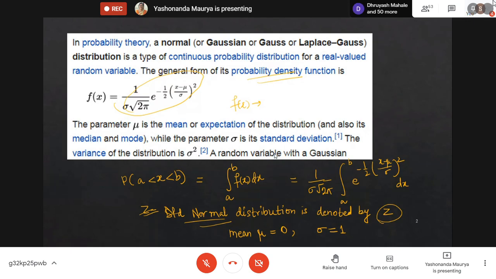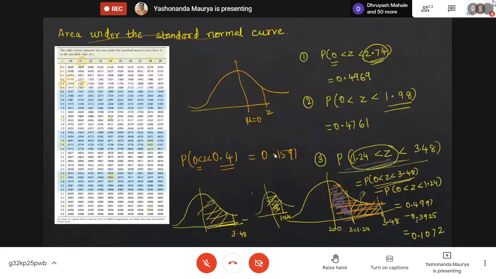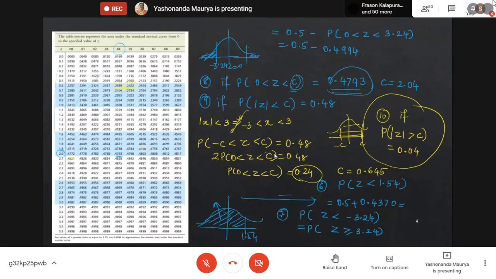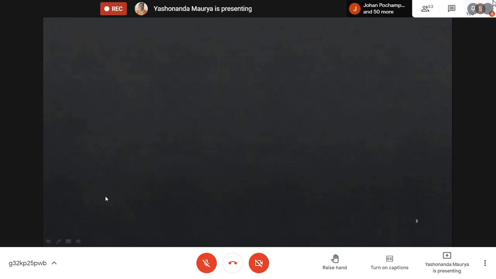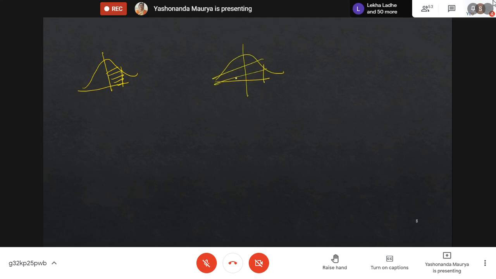This integral is difficult to handle, but the statisticians have made the log table sort of thing, the area table for the Z curve. So using this Z curve, we are able to find the various areas or various probabilities. Now one more thing. The normal table that we have seen gives us this area. Whereas when you Google it, there are many Z tables available. Some of the Z tables will give the area like this, the whole of it.